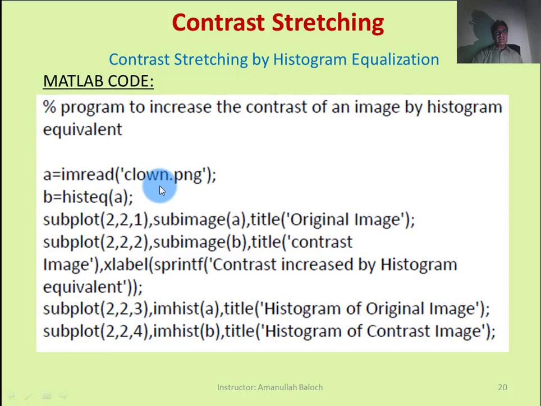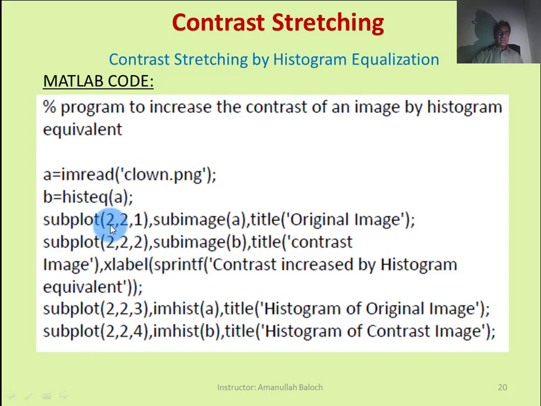The imread command reads this clone image file and converts it into a matrix in the memory location of A. The histogram equalization function is applied on image A, the original image, and converted into the transformed image B, and the subplot commands display the original image and then the contrast image.